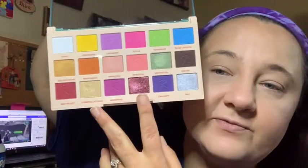Okay. The eyeshadow palette I have never used, even though it looks like I have looking on the outside, is the Roxasaurus Color Burst palette. I don't believe I've used this. I've swatched, obviously, these colors. I might have used it with the other one. But, oh, wait a minute, I think I did use this one. So where's the other one that I got at the same time? See if I've used this one. If I have, I will just deal with it. It looks like I've only used two matte shades out of this. Maybe three. Have I used anything out of this? Not really, but I don't know if I wanted to go that colorful today. We might use something out of there, but for now,